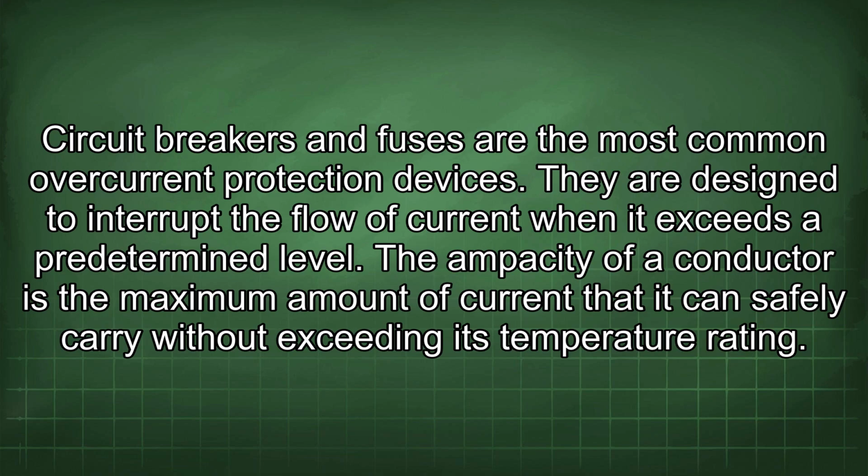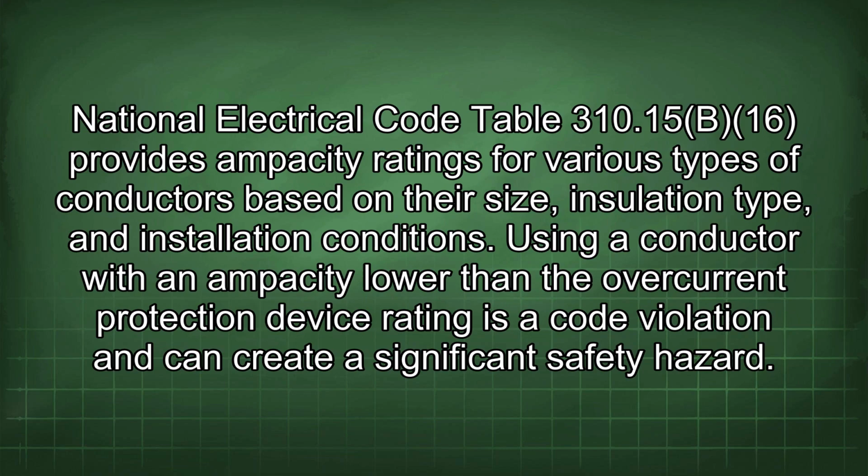The ampacity of a conductor is the maximum amount of current that it can safely carry without exceeding its temperature rating. National Electrical Code Table 310.15(B)(16) provides ampacity ratings for various types of conductors based on their size, insulation type, and installation conditions. Using a conductor with an ampacity lower than the overcurrent protection device rating is a code violation and can create